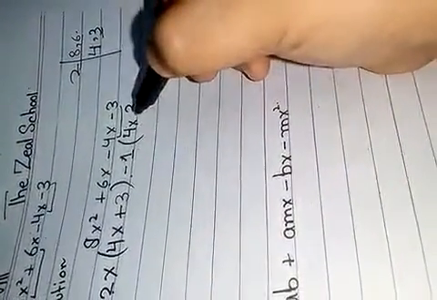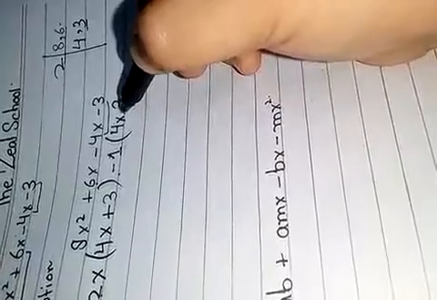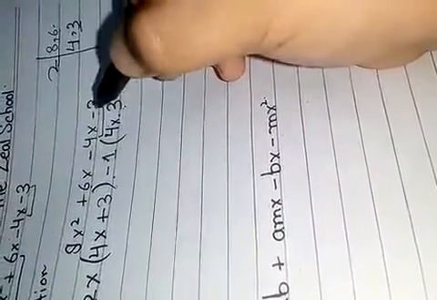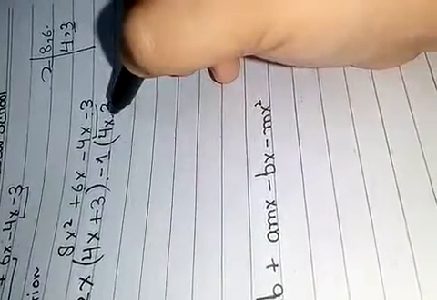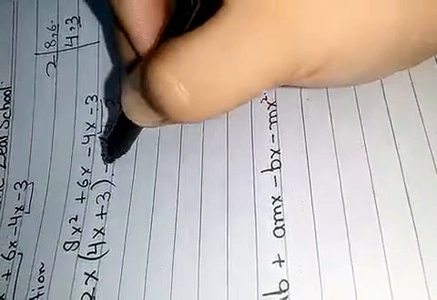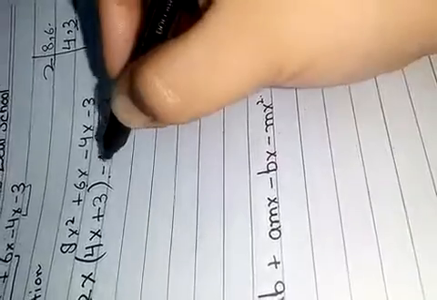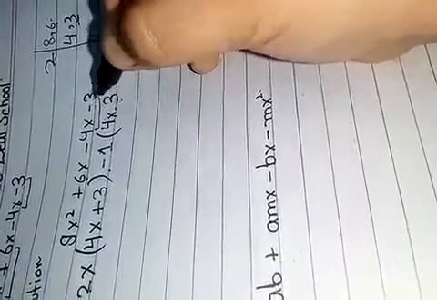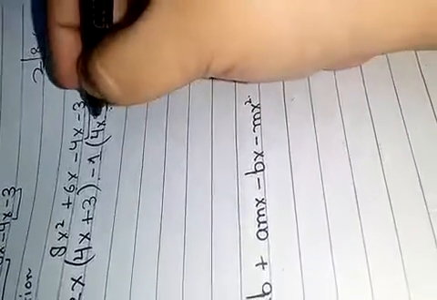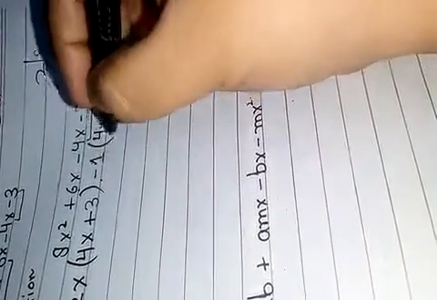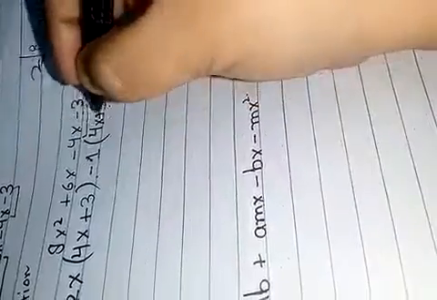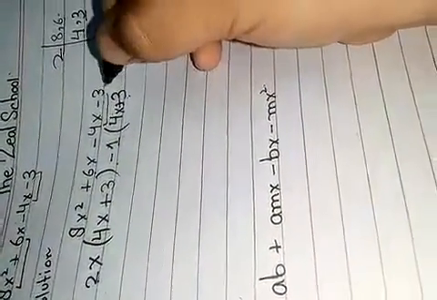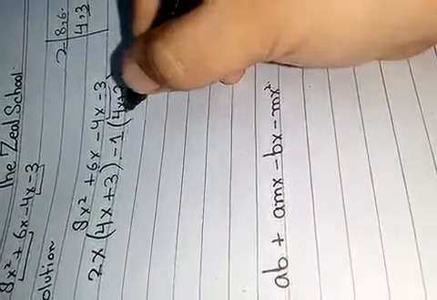And what sign do we have to write over here to get minus 3? When we multiply 1 by 3, we have to get minus 3. If we write minus, then when we multiply it, 1 3 is 3, and minus minus is plus, we get plus 3. But when we write plus over here, when we multiply it, 3 1s are 3, and minus plus is minus, so we get minus 3. So the remaining factor is 4x plus 3.